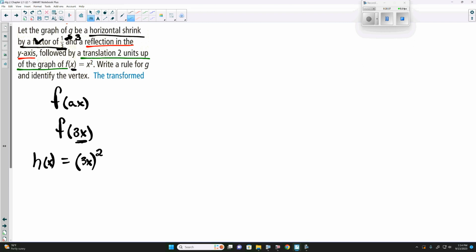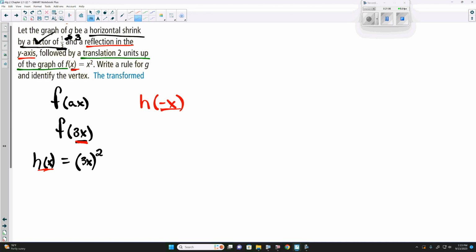So we got that one done. Reflection in the y-axis. Now reflection in the y-axis is going to be h of negative x. And again, just like with the first one where we replaced every x in the function f of x with 3x, here we're going to replace every x in h of x with